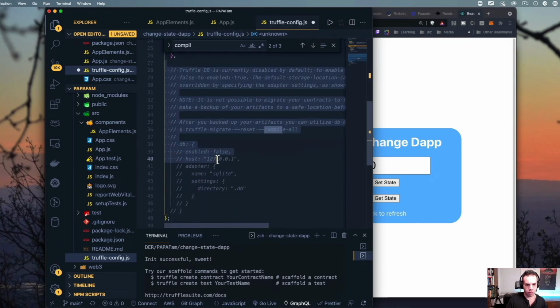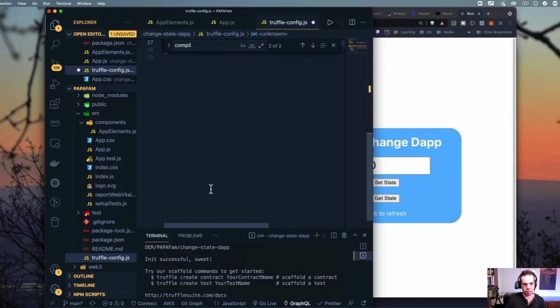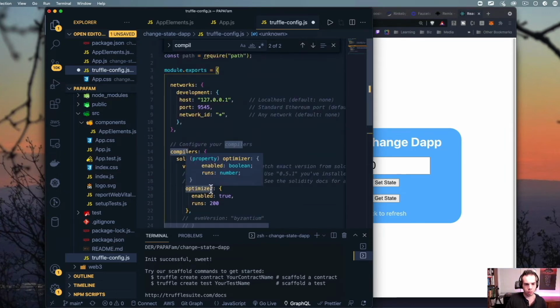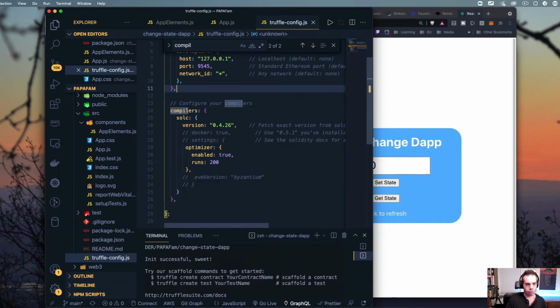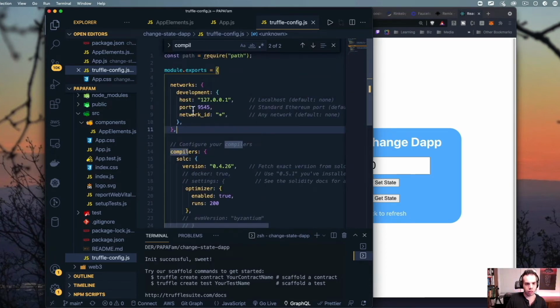We'll just delete the rest of this part here because we're not dealing with the database. And that is pretty much it with the Truffle config file. This is important to be able to declare the right network. I'll show you in a second with MetaMask how we're actually going to be connecting to this specific port, but it's very important to know exactly which network you are going to be connecting to. So that's the Truffle config file. That's great, and we're going to press save and make sure that that's saved.